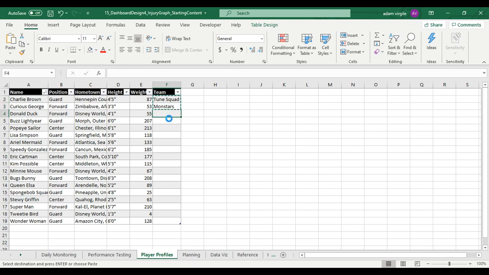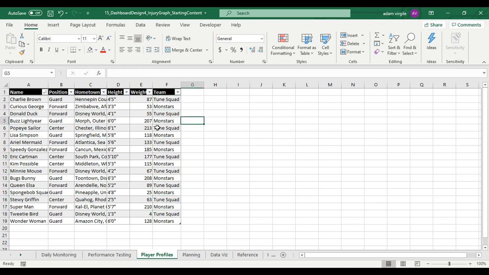I'm going to copy this and paste it down, so everyone has a team, although it doesn't really matter. All right, all these people have a team. They're either on the Toon Squad or the Monstars. Okay. Now, the next thing that I have to do, once they have a team on their profile,